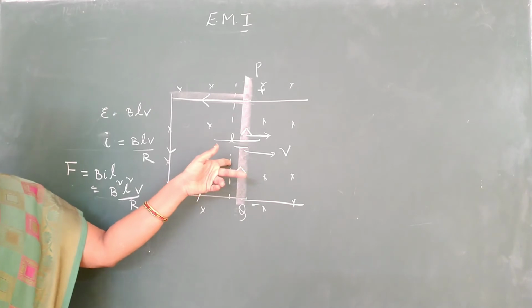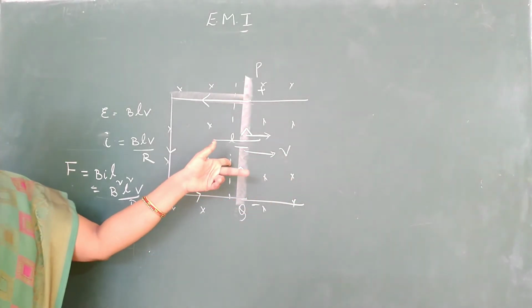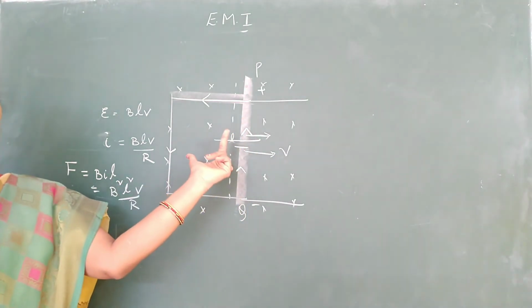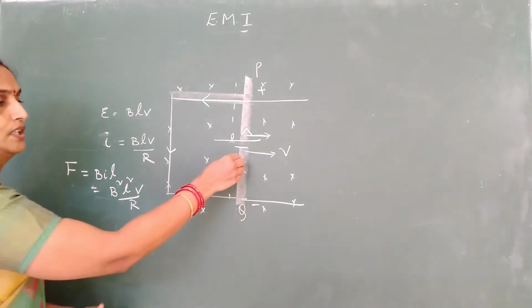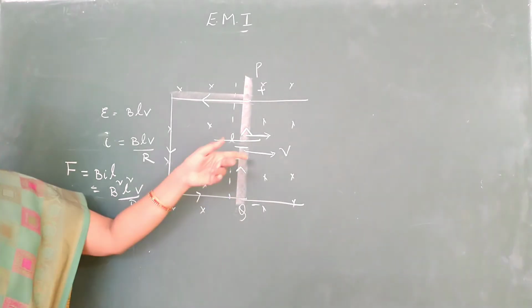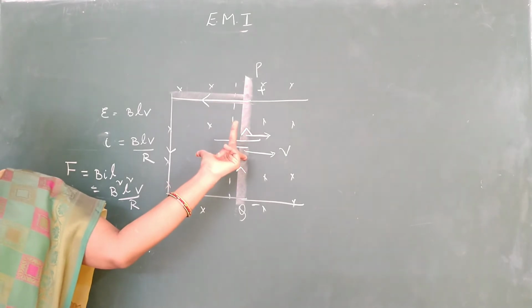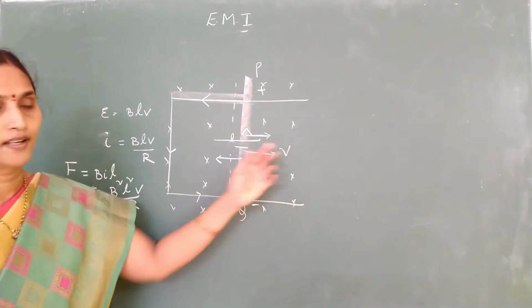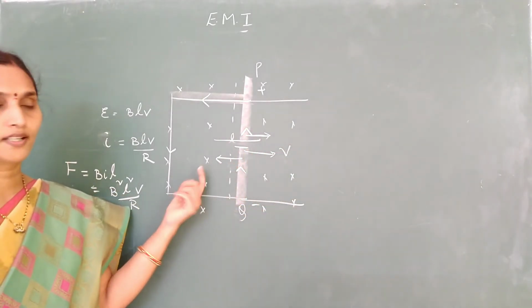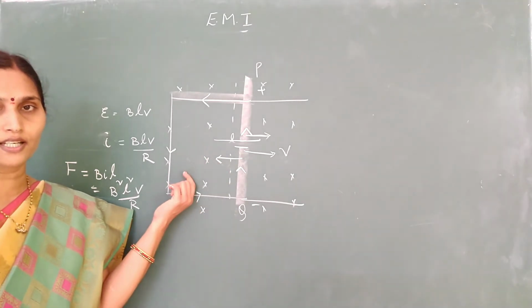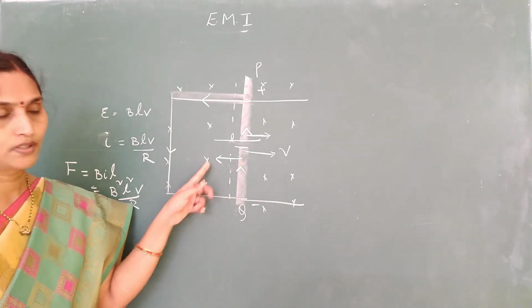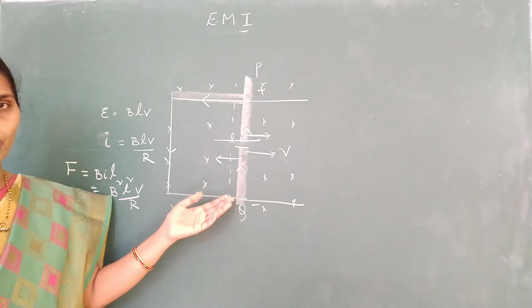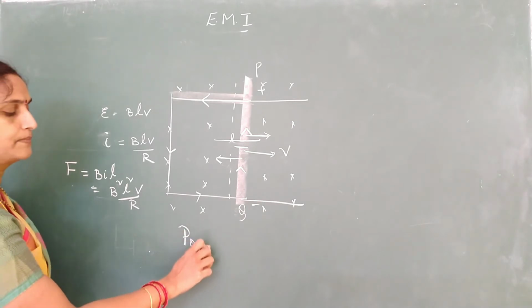Field is inward. Velocity of the conductor is this side. You are moving it this way. Current is induced upward. Middle finger is current. What is my thumb pointing towards? Towards left. Again I repeat, field is inward, current is upward, force is towards left. So you can observe when you are trying to move the rod this side, magnetic force is opposing your motion. It is not helping you, it is acting in the opposite direction. Since it is opposing you, to move this rod with a constant speed, you have to deliver or supply some power. What is the power that you have to supply?